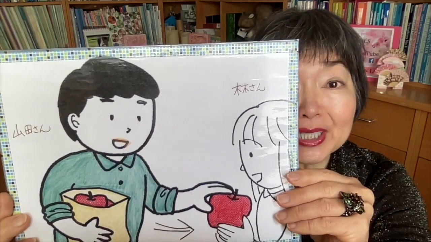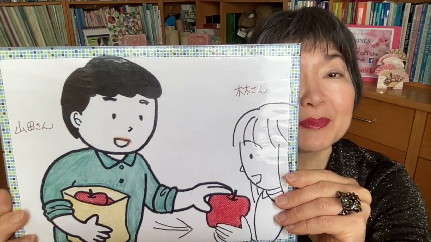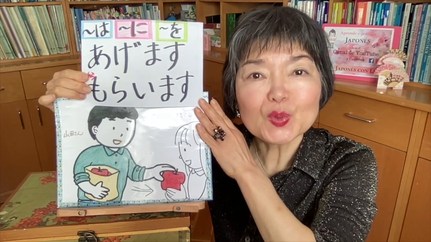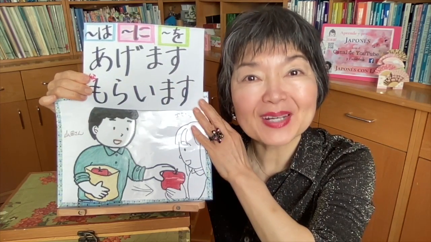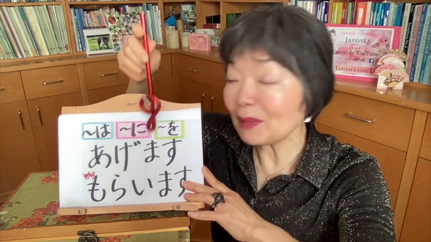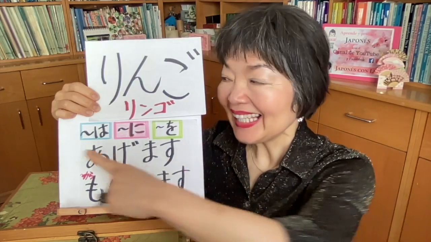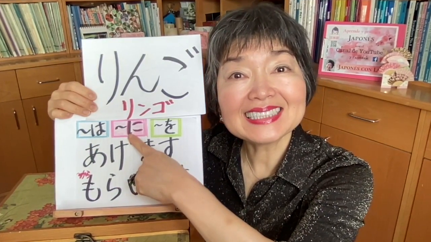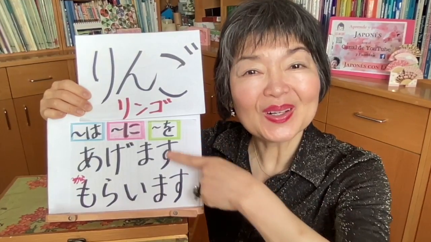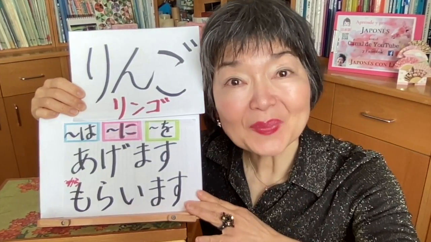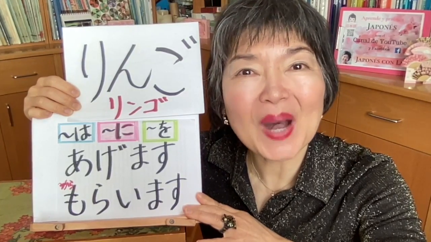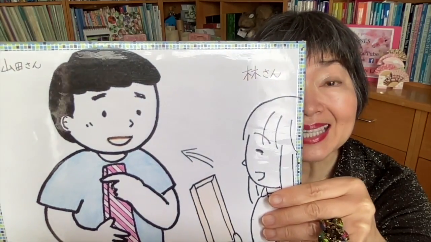But in the future, Mr. Yamada gave an apple to Miss Hayashi. The verb that we're going to use is あげます, to give. Subject は someone に, and this is the indirect object, someone に something を, this is the direct object, あげます. 山田さんは林さんにリンゴをあげました。